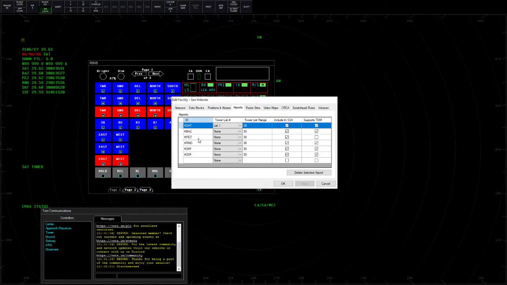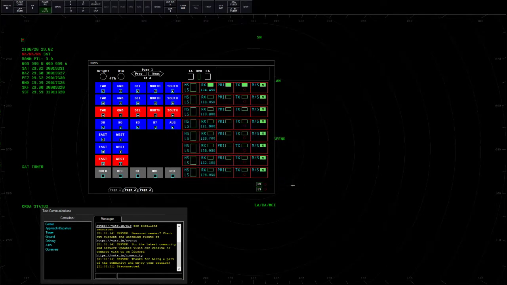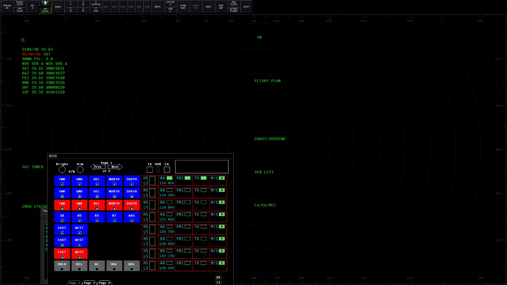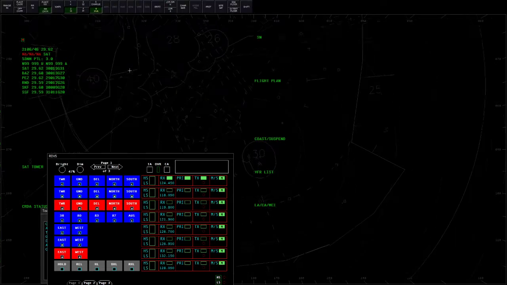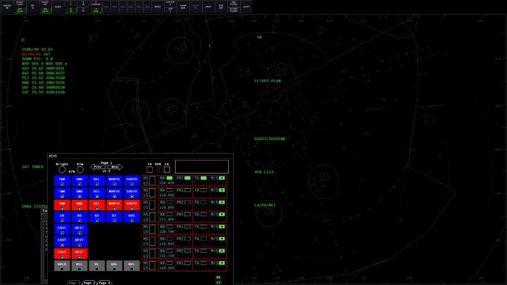If controlling a non-primary airport, it's recommended to remove all airports besides that field from the airports list. If we look at the top, there's a couple recommendations that I have. I recommend a range ring setting of 10. Maps appropriate to what you'll be controlling. In this case, San Antonio is landing 1-3, so I usually have this map open and the MVA map open. And done. This is up to the controller on what they feel is most appropriate for the lesson or the